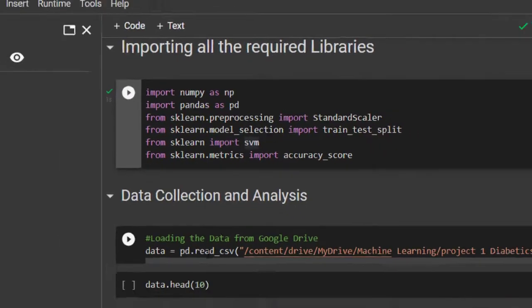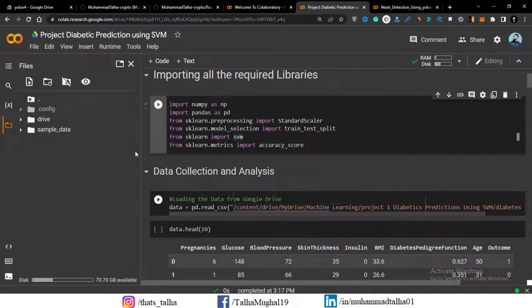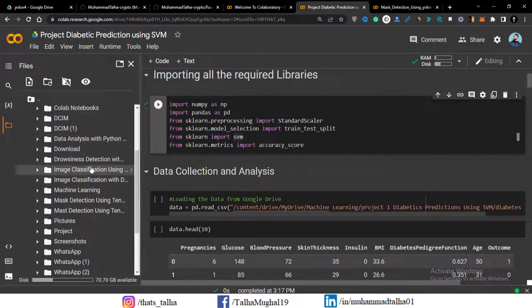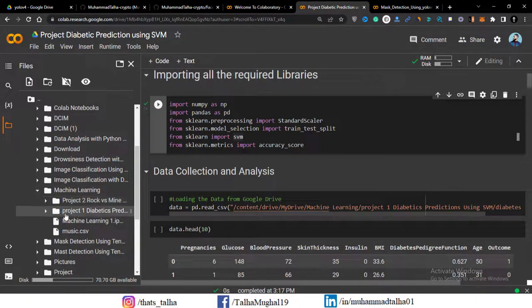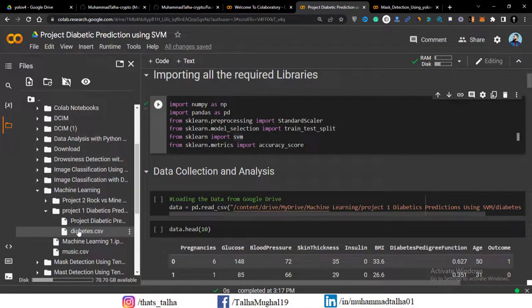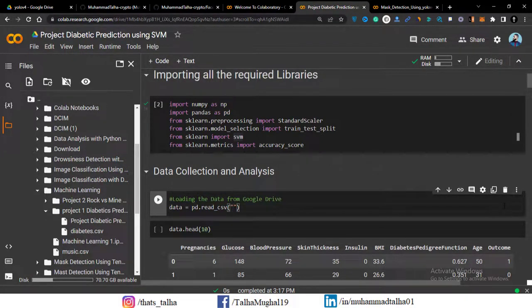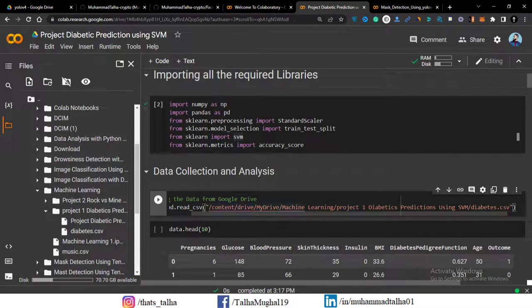Now after that what we have to do is we have to read the data set, right? Now I'll just go ahead and show you that inside of my drive I have this My Drive, which is my Google Drive, and I'll just scroll down here, and in this machine learning folder I have this project called diabetes prediction, right? Now this is the CSV file that we want to read. So what you can do is you can just go ahead and right click here and you can copy this path, and after that you can just go ahead and remove this and paste here. Okay, so this is the path where your diabetes.csv file is actually present,